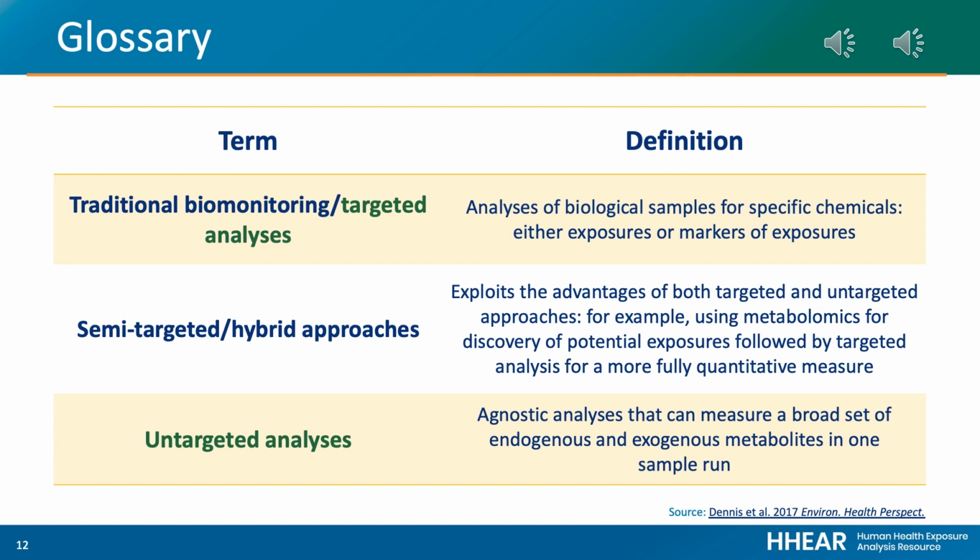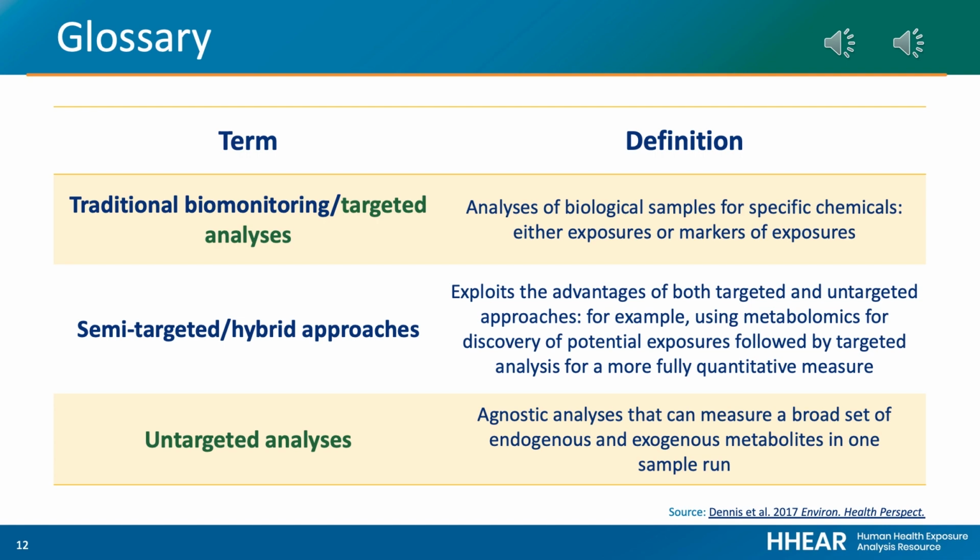Untargeted analyses use techniques to promote identification of unknown and emerging exposures of concern, and aim to measure biologically meaningful lifetime exposures, both exogenous and endogenous. This untargeted approach enables detection of features that are linked to exposure or disease for further confirmation. And semi-targeted analyses combine targeted and untargeted approaches. As an example, this can be done using metabolomics for discovery of potential exposures, followed by targeted analysis for a